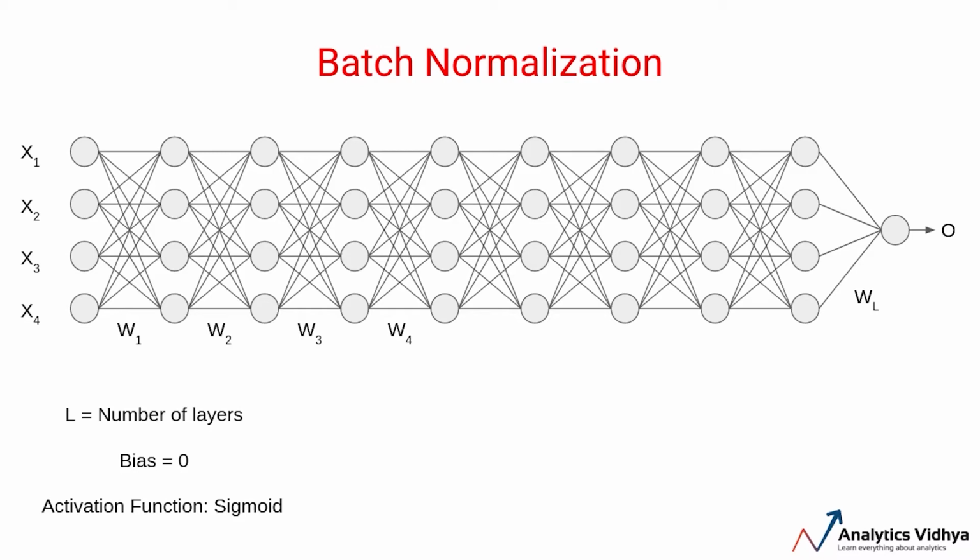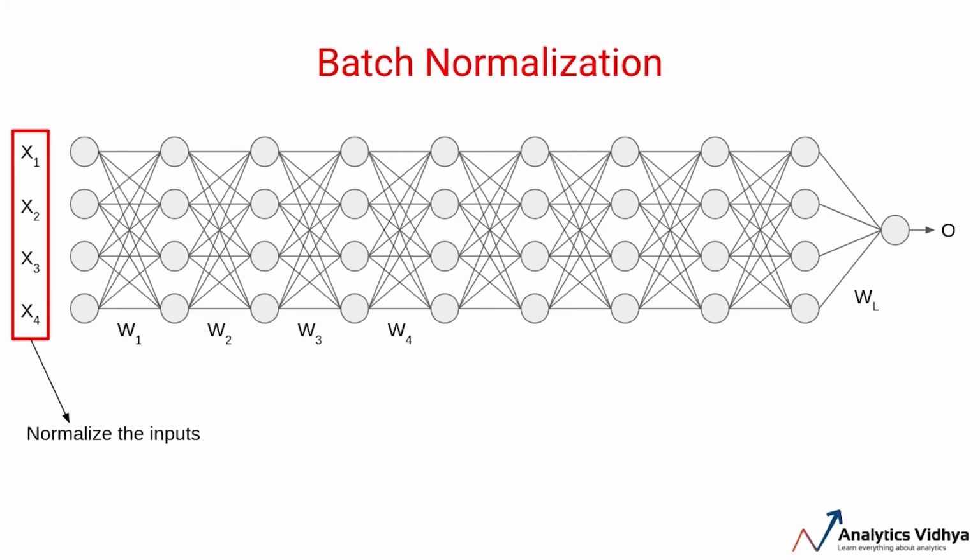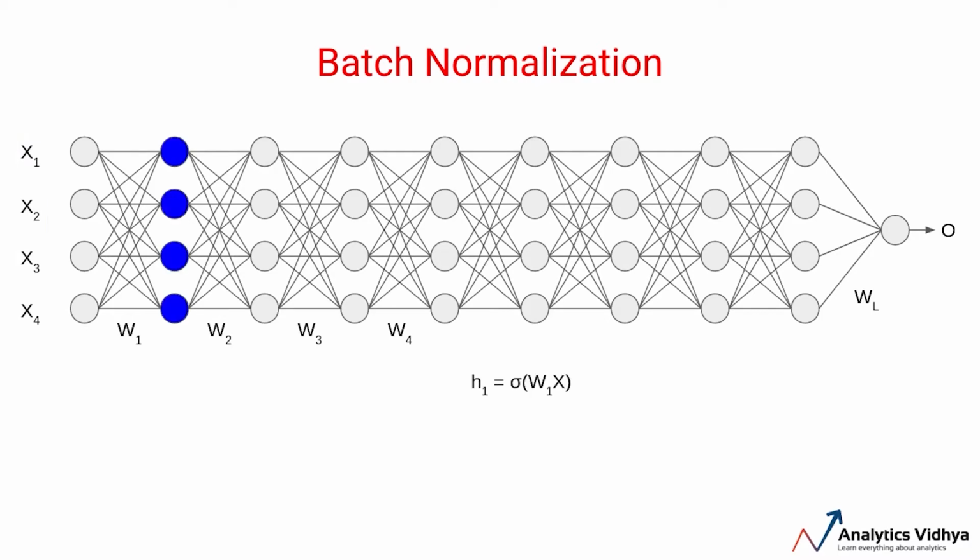If you recall, we normalized the inputs before sending them to the model, right? Now, the reason for normalizing the pixel values of images is that it speeds up the training process. Using these normalized pixel values, we perform forward propagation. First of all, we calculate the activations of the first layer, which is the dot product of weights and the normalized inputs. Then we apply the sigmoid activation function on that, which gives my first hidden layer activations.